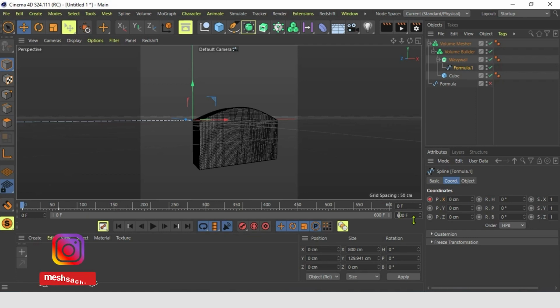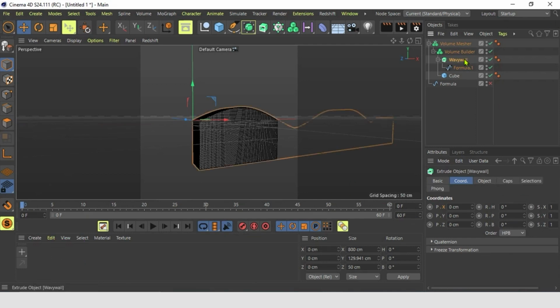We can change this to 60. That's all we need. And so now by having this, we see that we get this moving line. You get the feeling of the wavy wall.